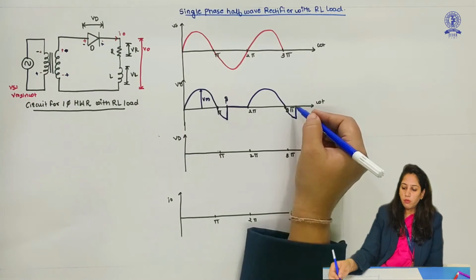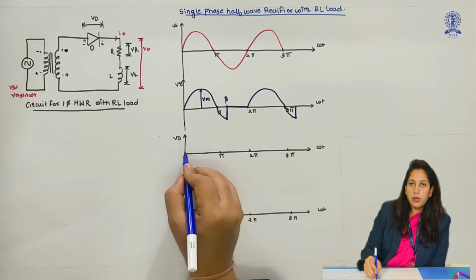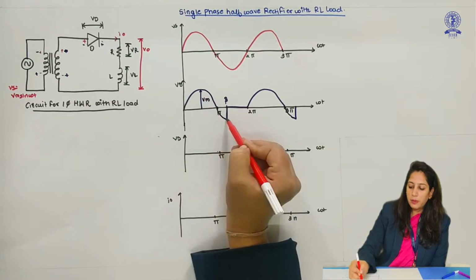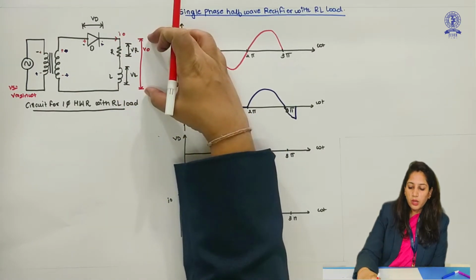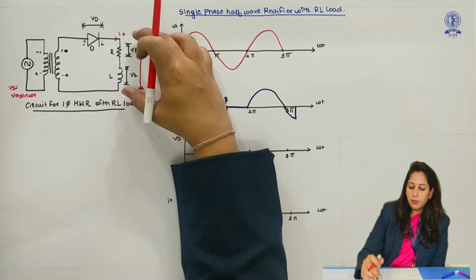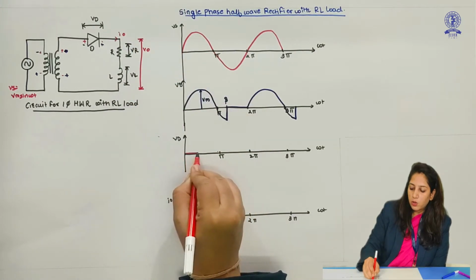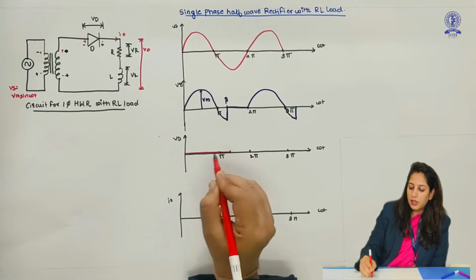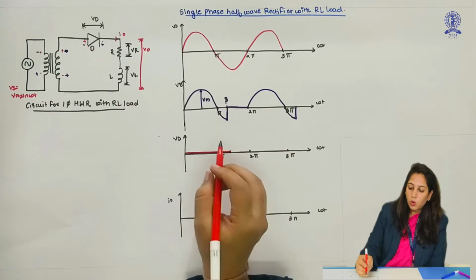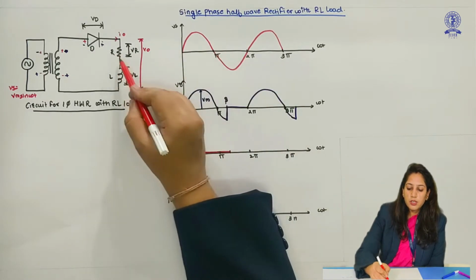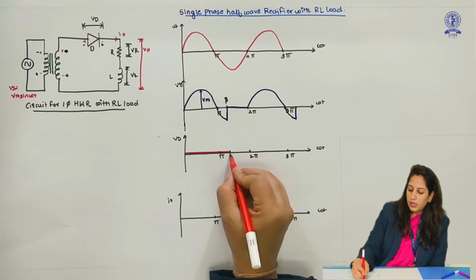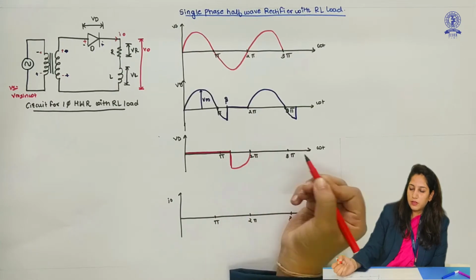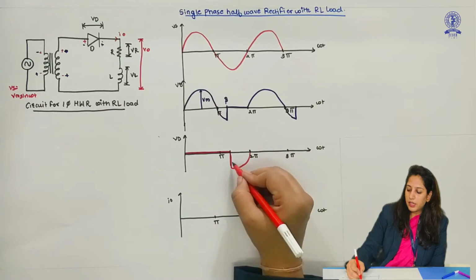So in the half wave rectifier with RL load, we are observing this notch-like structure in the output voltage. Now we will also see what will be the voltage across the diode. For the whole time period where I get an output voltage V0, my diode voltage will be 0. Not only till pi, but after pi also, till this beta angle, my diode will be conducting. Even though it is in a negative cycle, due to this current my diode will be in conducting state. After that it suddenly becomes negative, minus Vm.